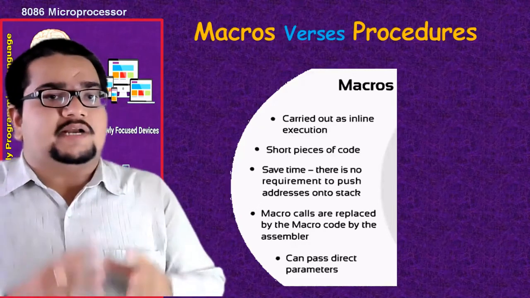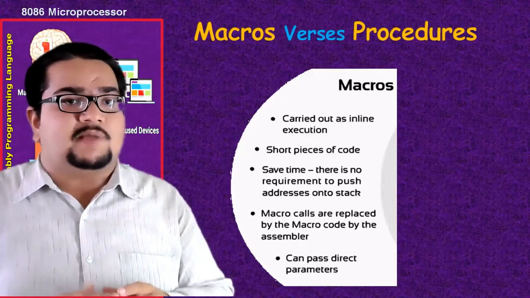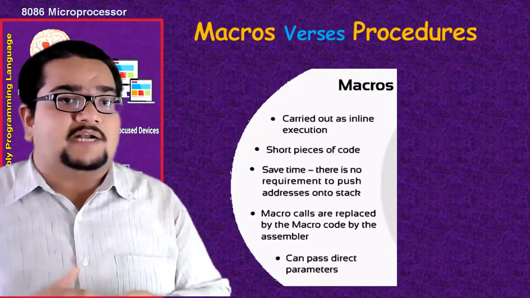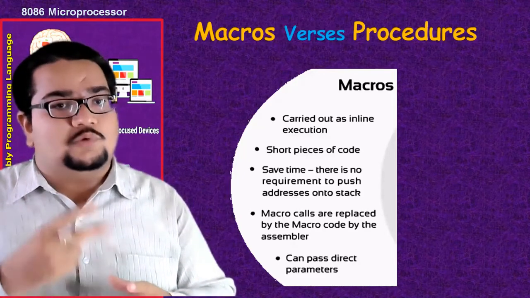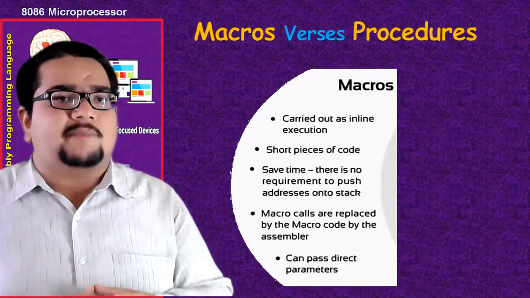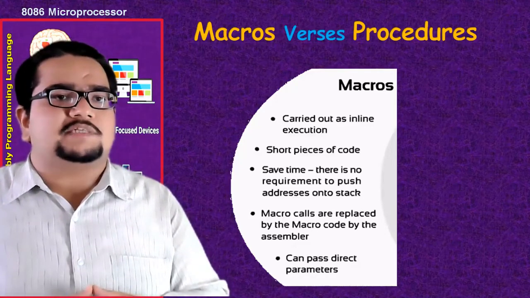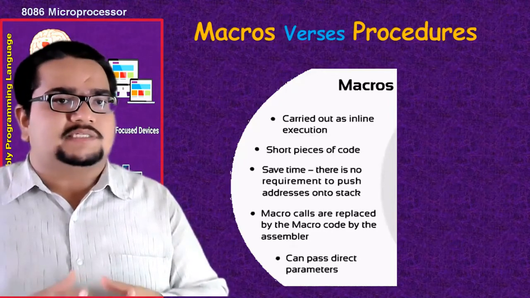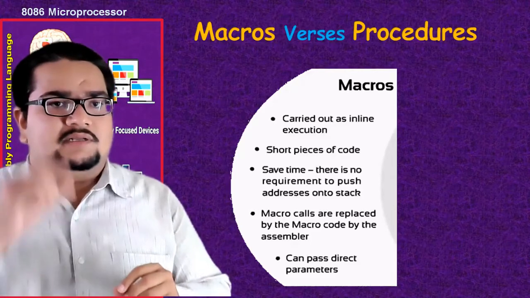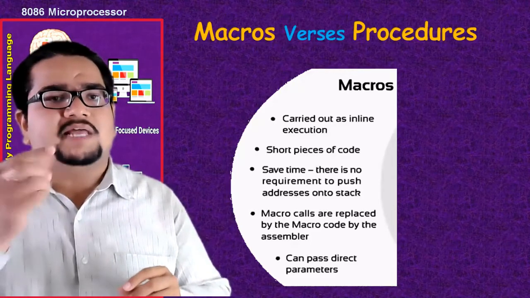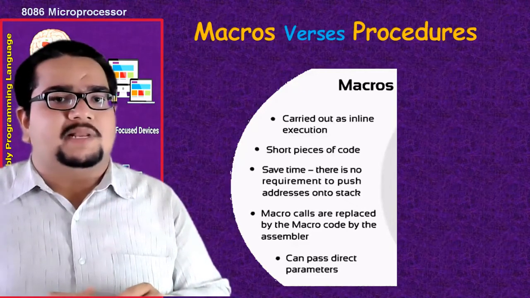And why is it used? It is used for saving time. Instead of writing 2 instructions that I will use 5 times in my program, which makes it equivalent to writing 10 instructions, I can write only those 2 instructions once, and just by calling the macro name, I can repeat them 5 or 10 times as I require. Macro calls are replaced by macro code by the assembler itself. Whenever the assembler sees the macro name, it does that copy pasting work, copying the macro instructions into the place where the macro name was called in the main program.